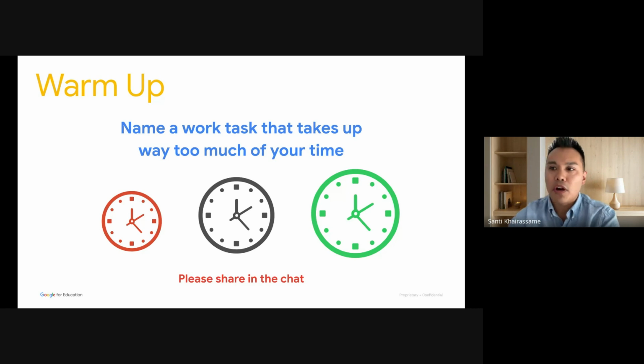Not only speed up this process, I don't want to just focus on the speed, but also making our existing resources, making new resources better and more engaging. That's what a teacher told me in one of our sessions, and that really resonated with me. Yes, during this session, we're going to talk about how quickly you can make things, but I would also love to encourage people to think about how these tools not only can make your work more efficient and quicker, but how to make your work better and more engaging.